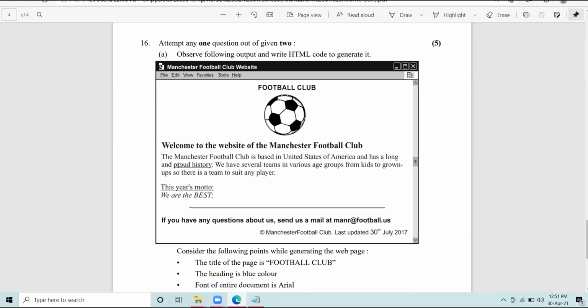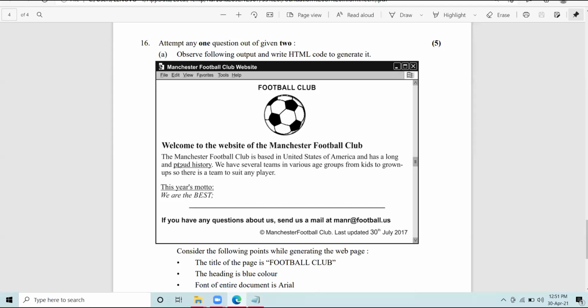You access Instagram, you access Facebook, you access other social networking sites. Sometimes you come across underlined words which are blue in color. Your pointer changes to a hand shape symbol, and when you click on them, you get connected to another web page. That highlighted word is called a hyperlink.